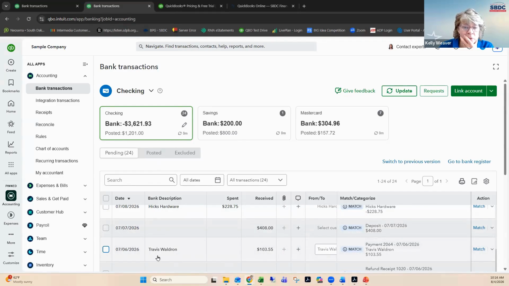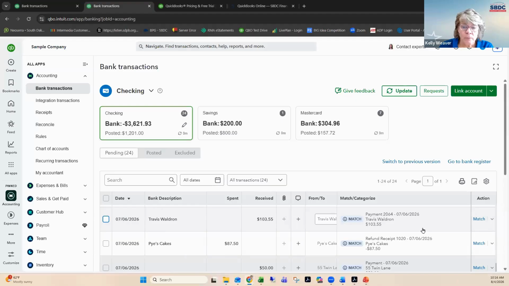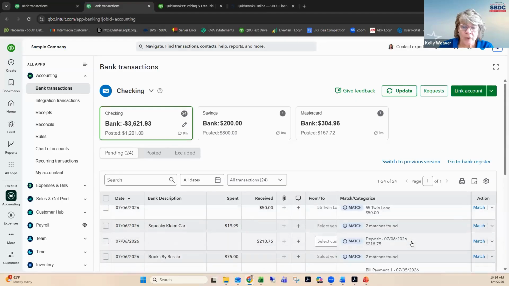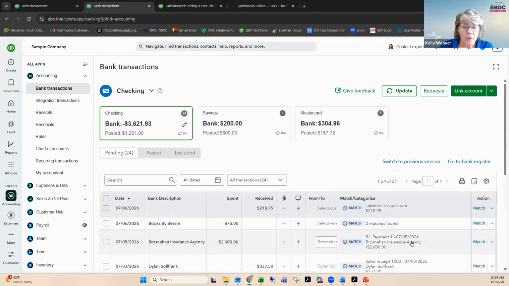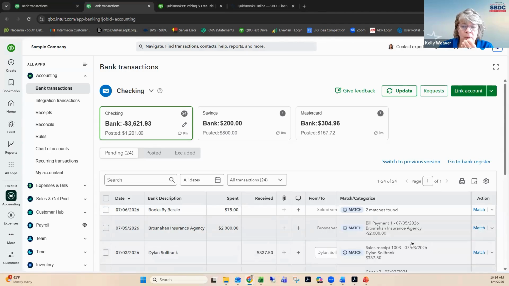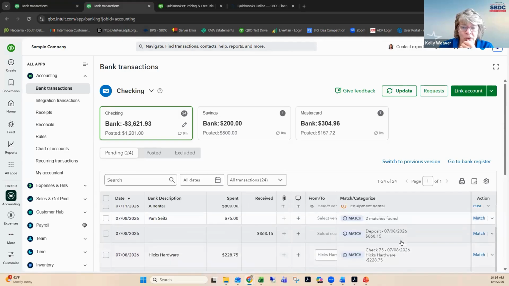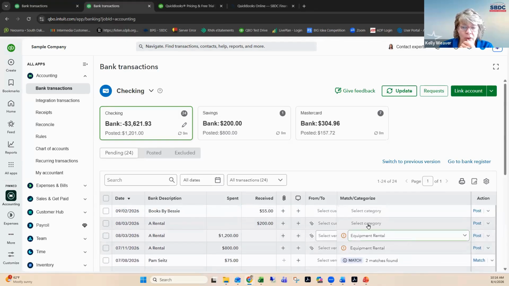This is a customer payment. And it shows that there was a customer received from that payment, from that customer for that amount. So that's probably an easy one to match. Trying to find one that doesn't have. So you can see most of these have categorization in them. And so they're easy, but where you have something like this,